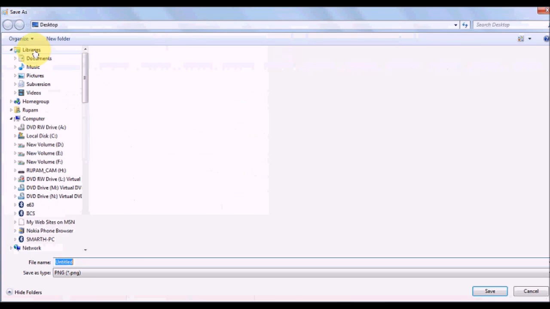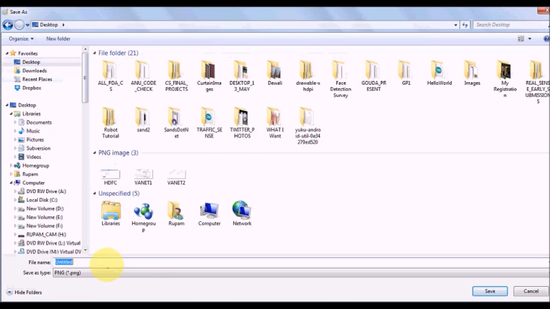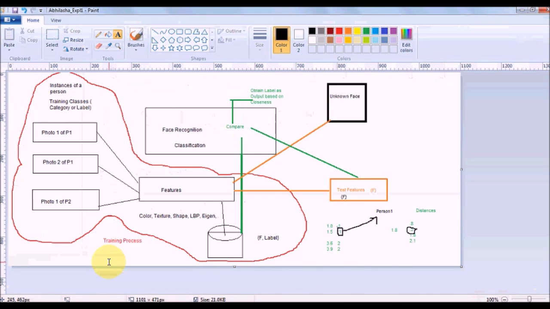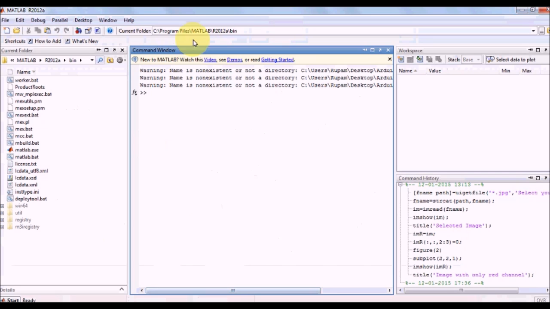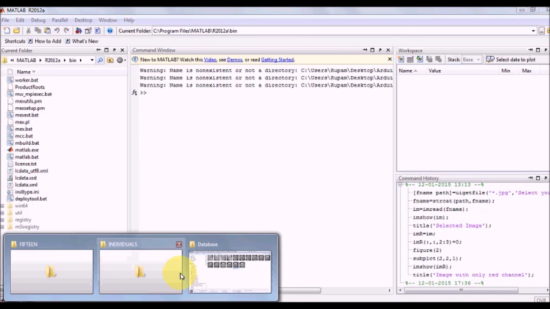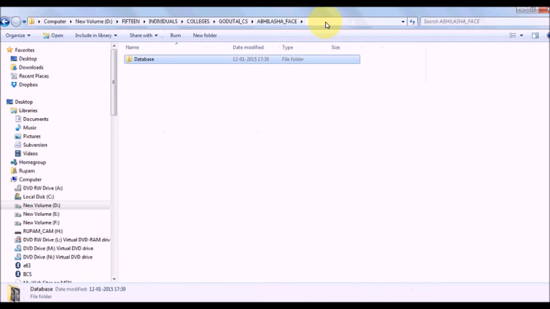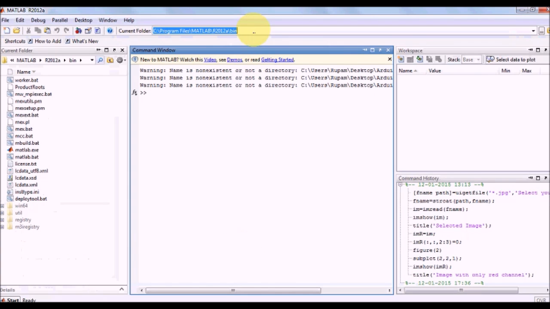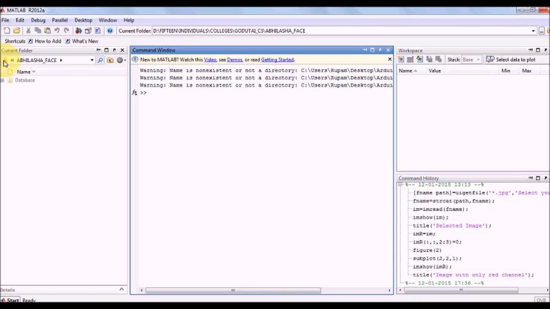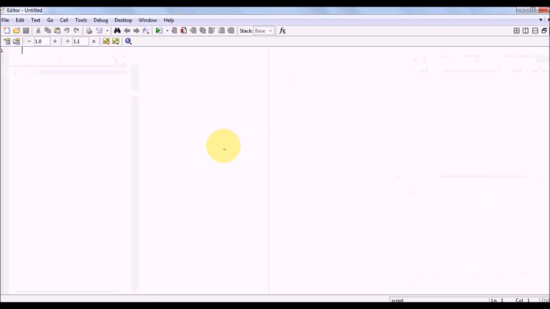Now we'll see how we code this in Matlab. When we go for the Matlab coding, first when you open Matlab, we have a folder called Abhilasha face. I'll select this path and put it over here. I'll take a new file because I'm writing the code right now. When you open, you just open the file; you do not have to write this file. I'll save it with the name